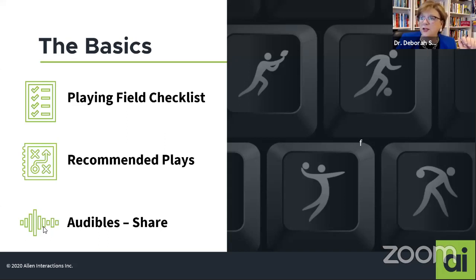All right, so the playing field checklist. Where are we now? What's the current situation? Do you have a remote work policy in place? Have you been doing telework? What's the percentage of your workforce that currently works remotely, either on an occasional basis or a regular schedule? Having an understanding of what your data is, what your circumstances are, will make it much easier for you to identify where the gaps are and where we need to make some